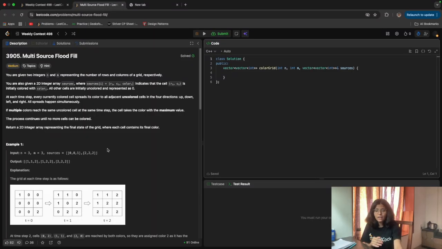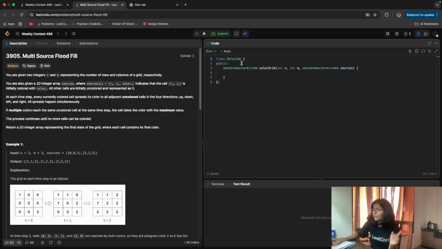But we need to see what spreading happens through every source cell, and to track that, at each level we will do level-wise coloring, and for level-wise coloring we will use the BFS concept.